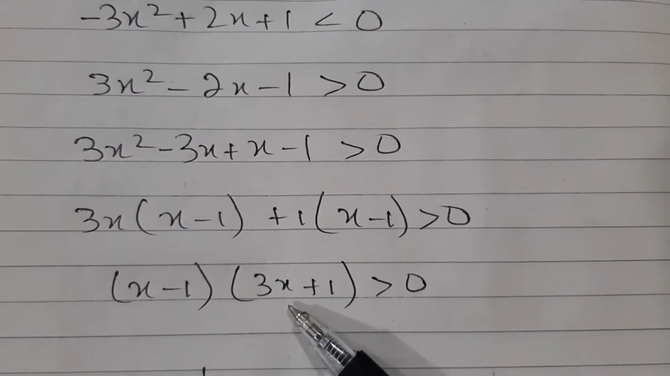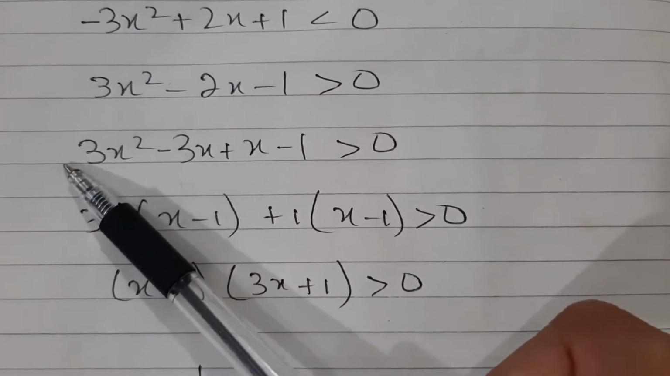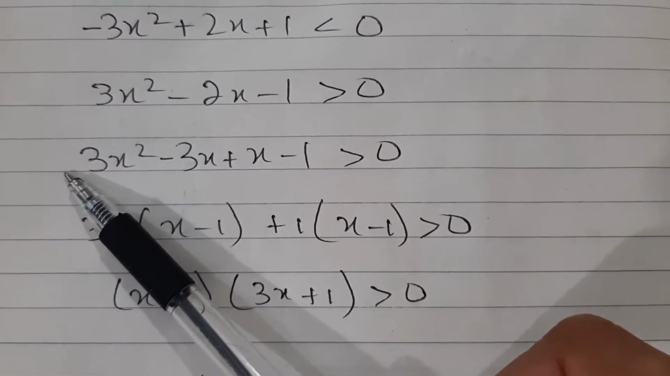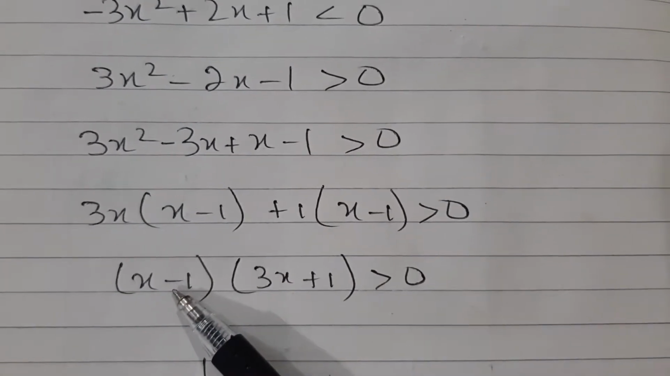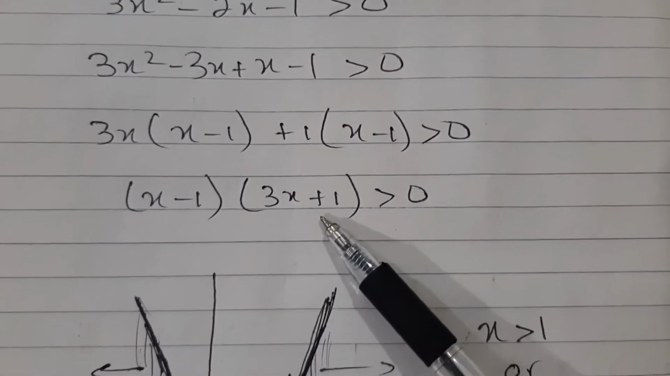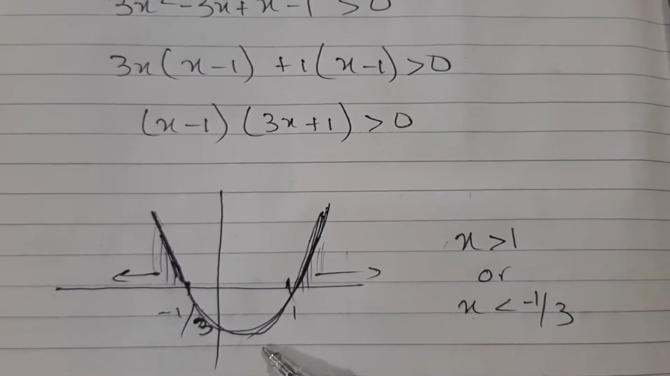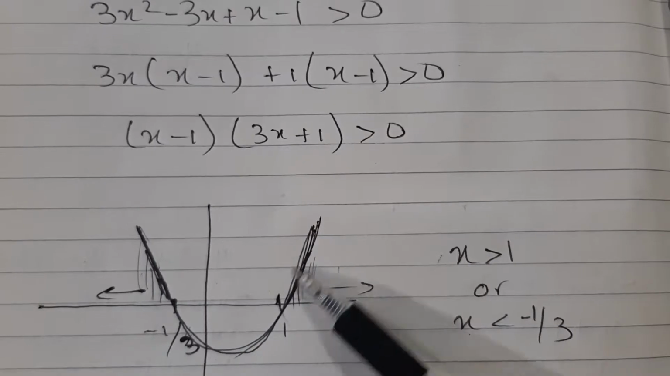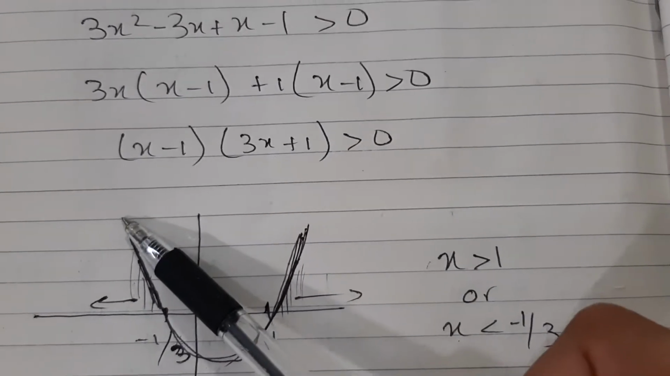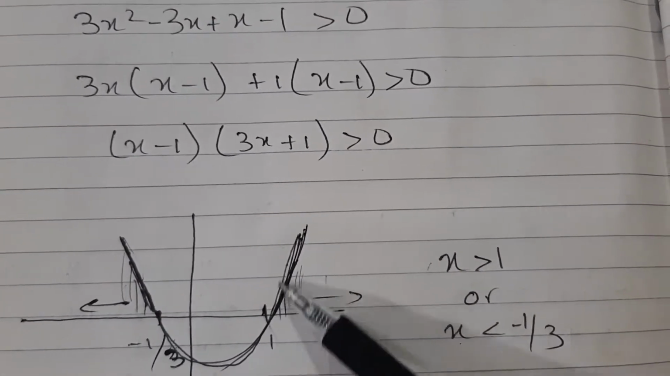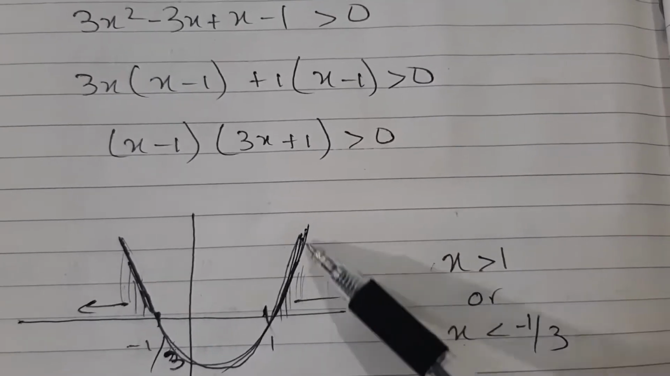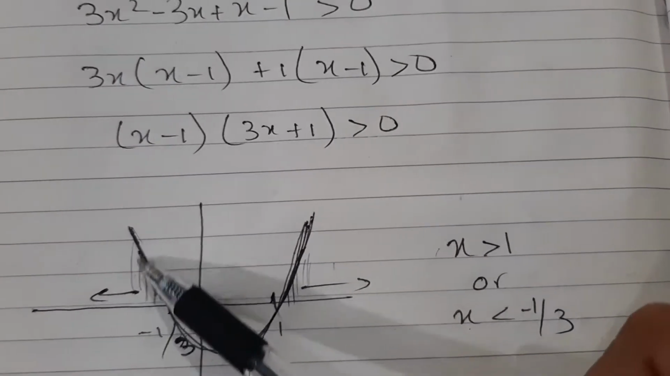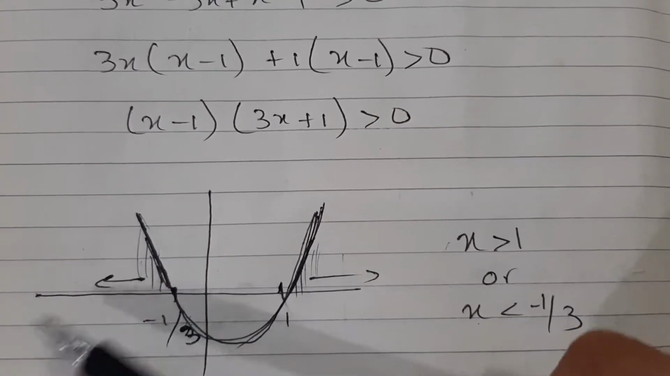Now this means I have a minimum value curve because this is plus. The coefficient of x squared is plus, so it is a minimum value curve, and it is intercepting at 1 and minus 1 over 3. So this is a rough sketch of it. Now greater than 0 means this part of the curve and this part of the curve. So what are the values of x on this part of the curve? All those which are greater than 1, and here all those values of x which are less than minus 1